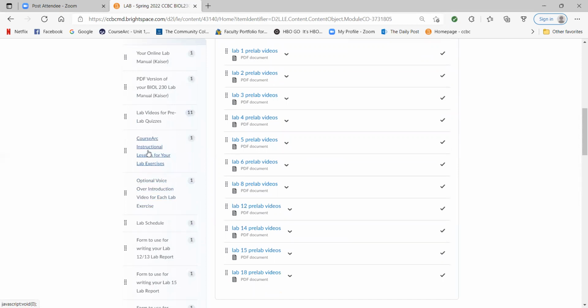Now, another thing I provided you with in lab are some course arc instructional lessons. And these are just a quick overview of the important things you need to do for that particular lab. They vary in length. In some of the labs where we're growing bacteria, I'll be showing you also pictures of all the results, which you'll also see under the results section of your online lab manual as a reminder. But these are good to look at just to make sure you're doing the essential stuff you need to do for each lab. So if we click on course arc instructional lessons for your lab exercises,